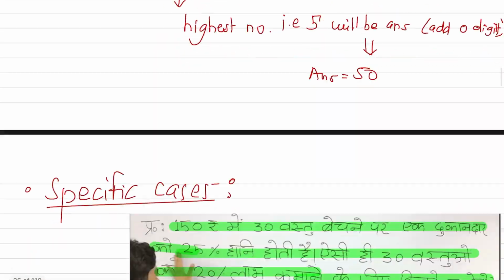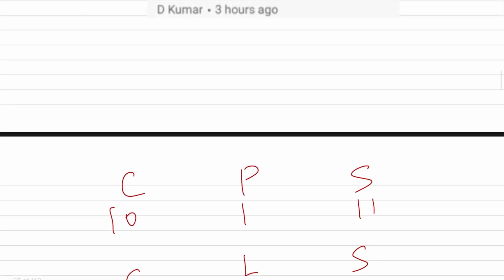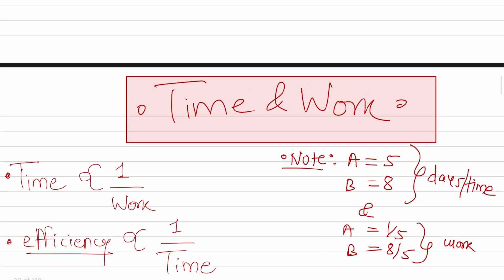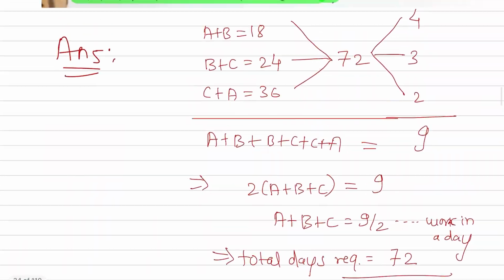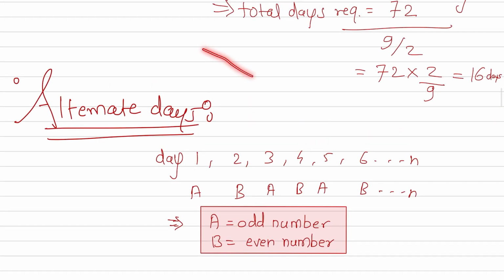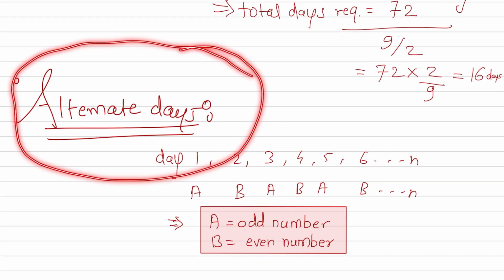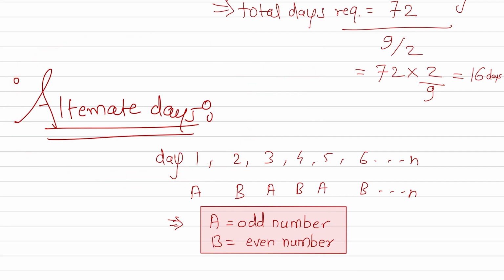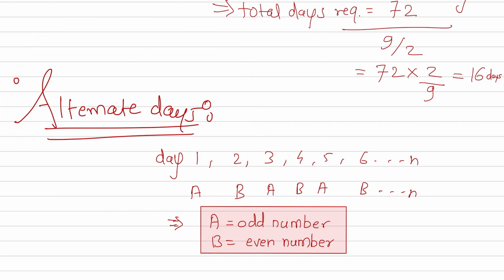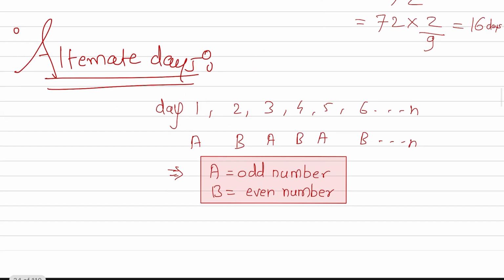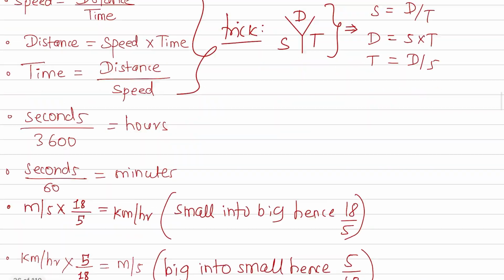Then important problems, time and work. Then there's a very interesting type of questions known as alternate days, right? So in time and work, if there's any person who is not working regularly, but works on some day and then has a gap of three days, then works again, these are called alternate days. And for how to solve these problems on alternate days, there are certain tricks that I have mentioned here. Then speed, time and distance,